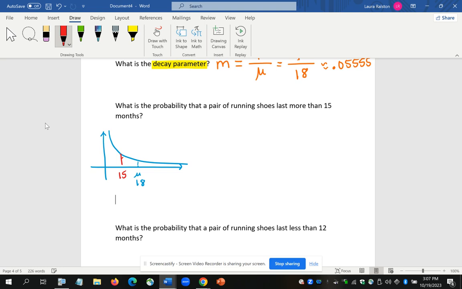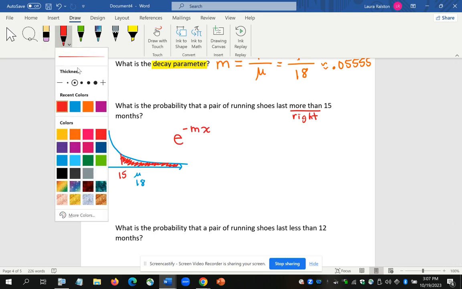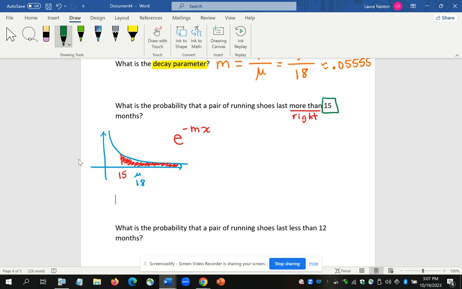So visually, you're looking for this shaded region. The fact that it is more than is to the right, and the formula for right is e to the negative mx. My point of interest here, my x, is 15. So I would have e to the negative 1/18th